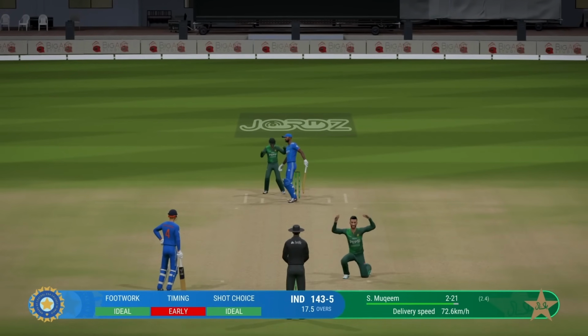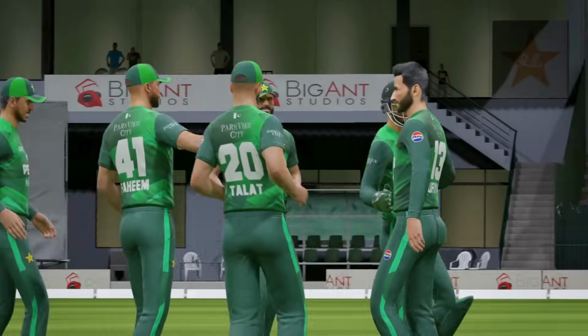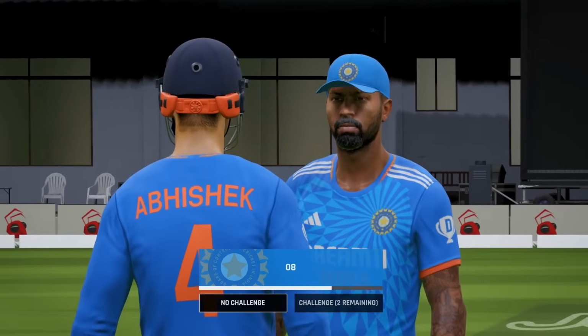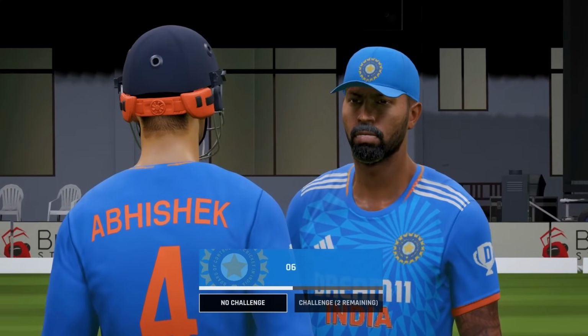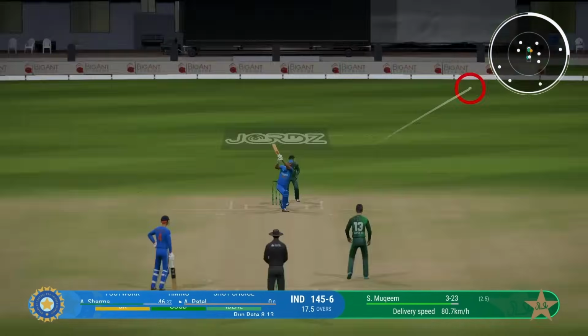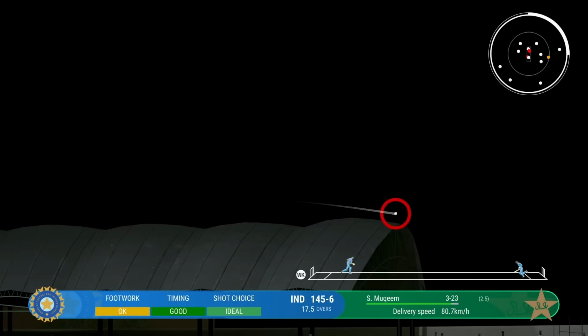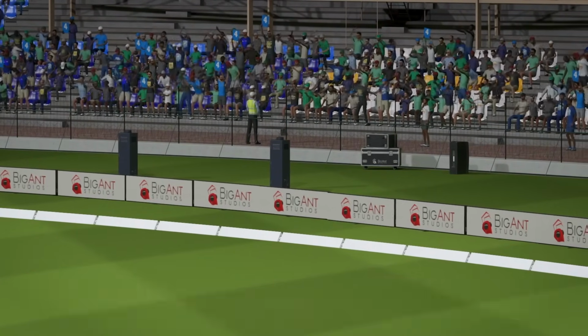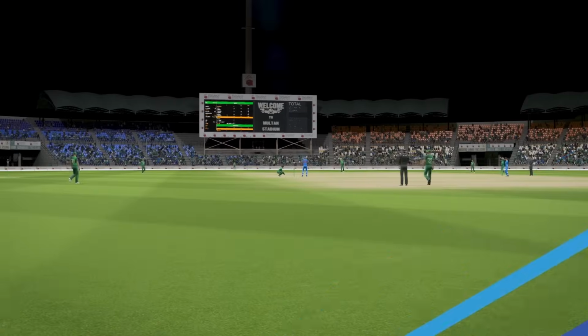Inside edge and another one gone. What is even going on? The only balls we're even able to get the middle of the bat are full tosses. You bowl length, we're probably edging it to the keeper. That's hit well. And of course won't go for 6, but 4 that ends up being a pretty expensive over